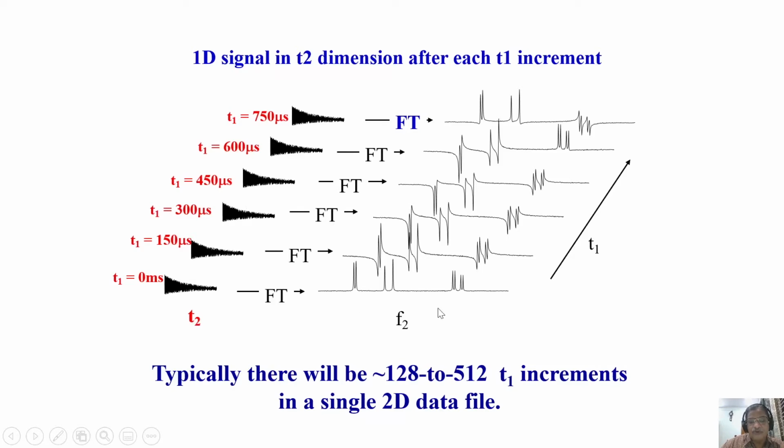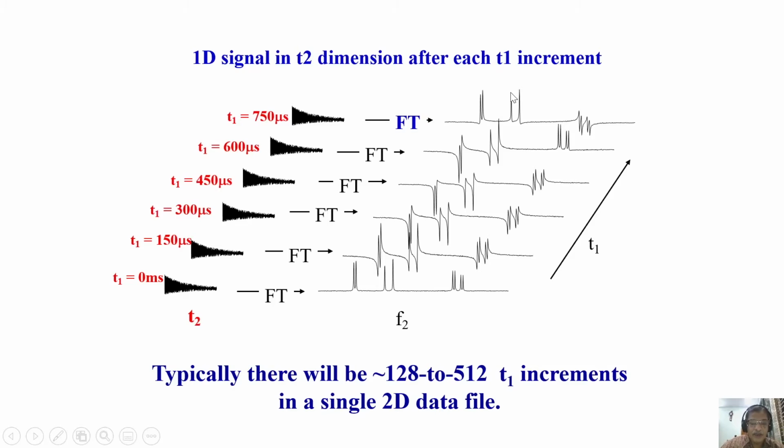In the F2 dimension, the signal appears with different phases like this. Why? Because when there is a delay in sending the pulse and starting to collect the data, there is always a phase delay. So there will be a phase distortion, but in this case the phase is uniformly changing because we are uniformly changing this. Look at this one. This is the signal intensity. It's positive like this, the phase goes like this, and finally it goes.